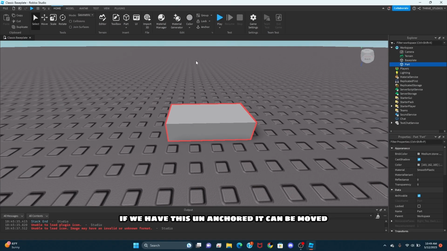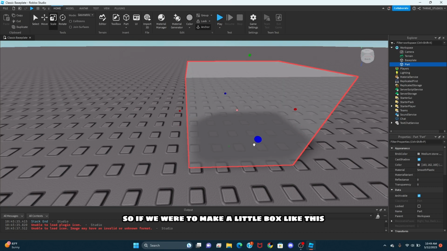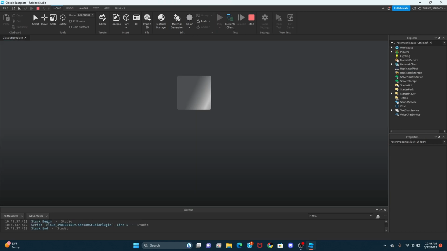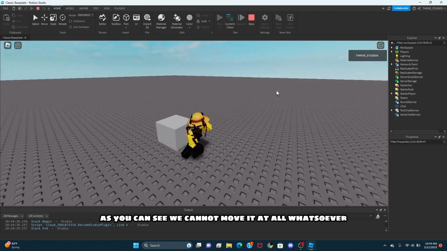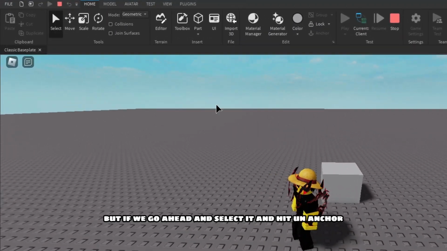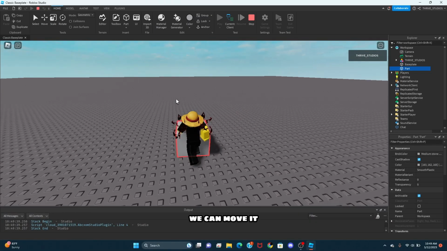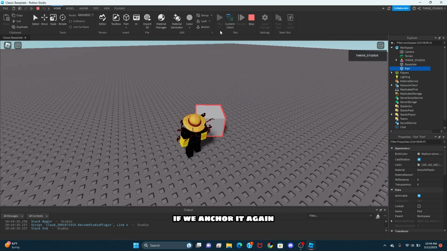If we have this unanchored, it can be moved, says physics. But if we just anchor it, it now cannot move whenever we play. So if we were to make a little box like this and hit play, as you can see, we cannot move it at all whatsoever. But if we go ahead and select it and hit unanchor, we can move it now because it has physics, it can move. If we anchored it again,